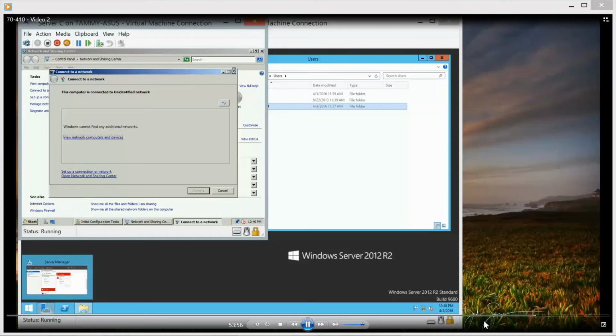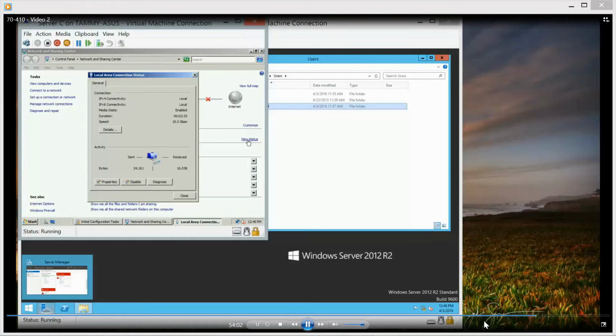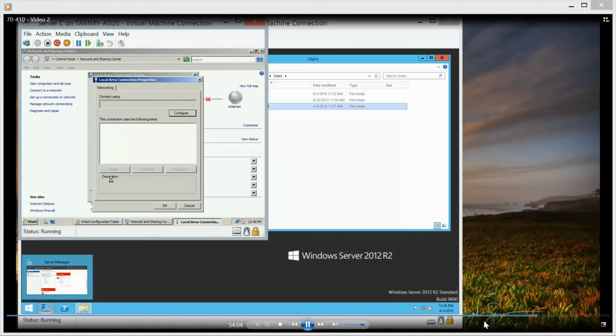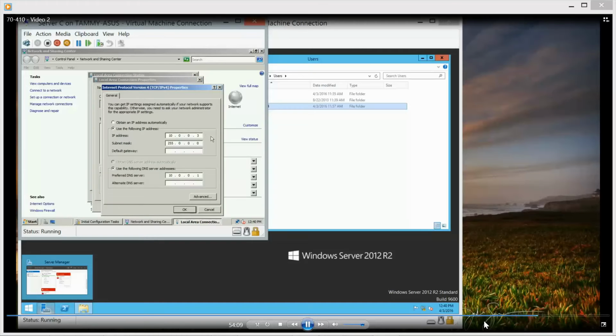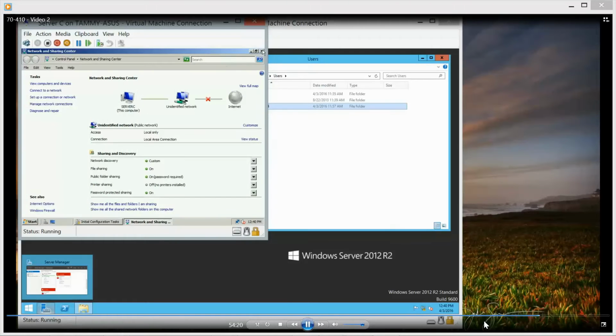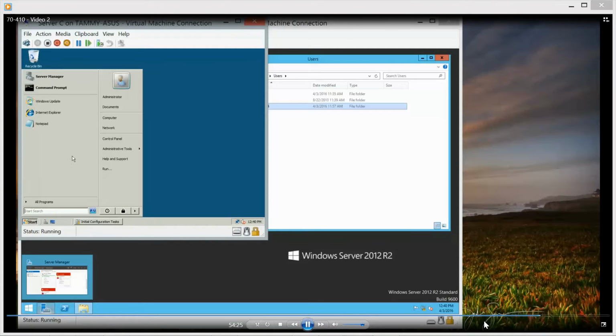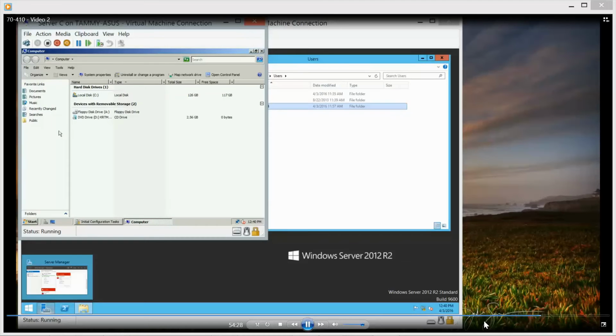Close this. Status. Properties. So it's set the same way that server A is, so it should see it. So close out of this, start, computer, and I want to